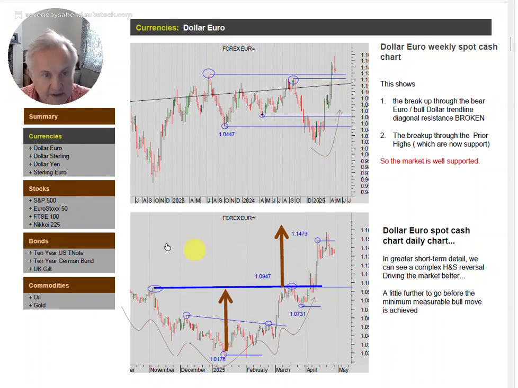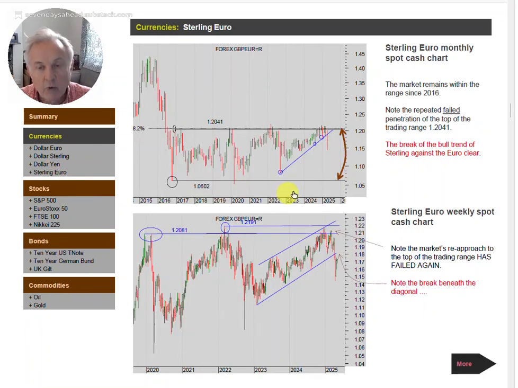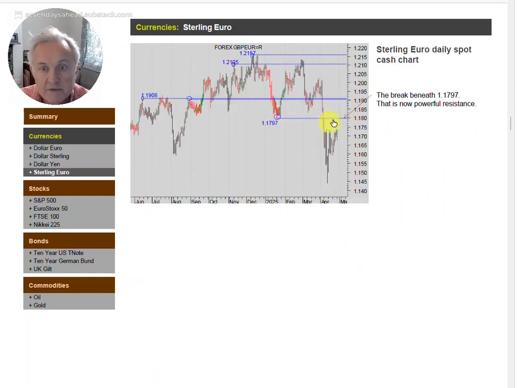The side action to this is best seen in the sterling euro, whereby sterling, like the dollar, weakened against the euro and fell back from the edge of this trading range, which has been in since 2016, and it seems to me fell back from the top, so we've got three tops in line, also this diagonal, which was a parallel channel, so the breakdown we think is significant. This puts into perspective the possibilities for a strengthening euro and with a strengthening dollar, and then we'll come into good resistance there. Here's the resistance, more particularly in the very short-term chart.